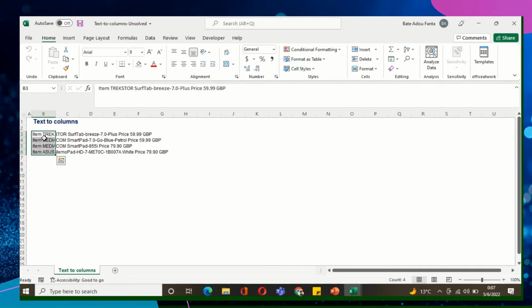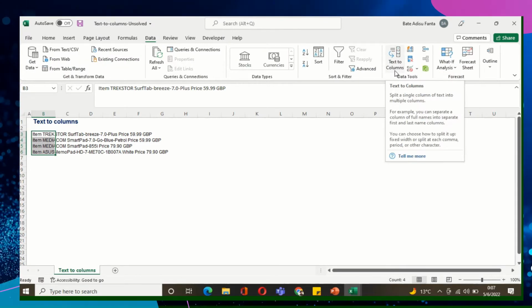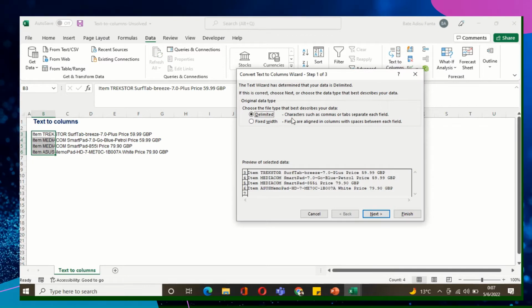and then go to the data menu. From the data menu, there is an option for text to columns. So if I click on here, we have a pop-up window. In this pop-up window, we have two options here: